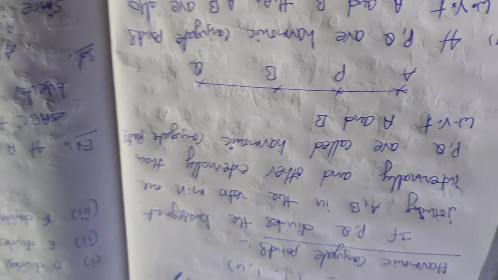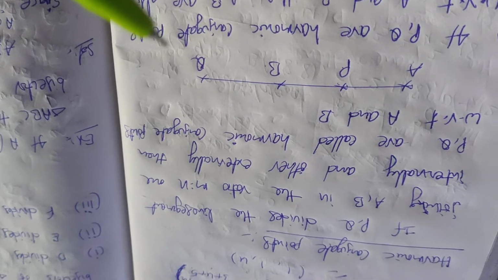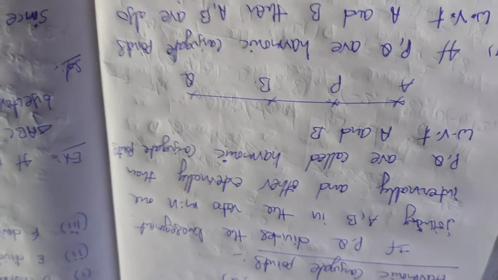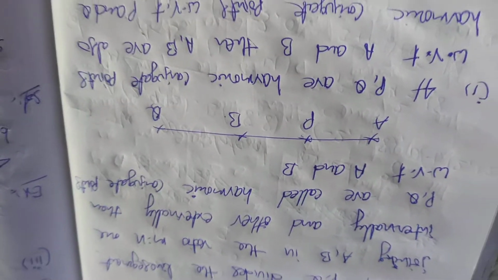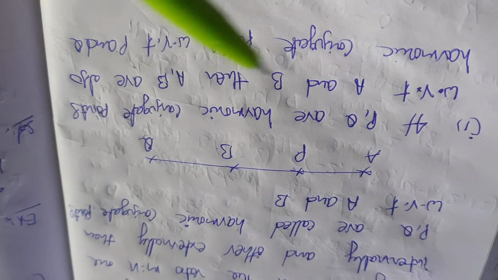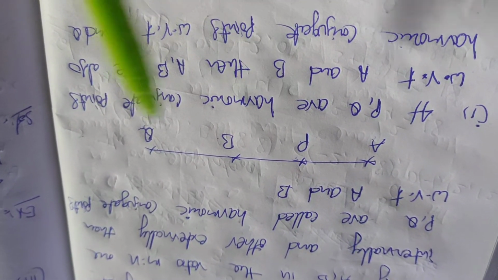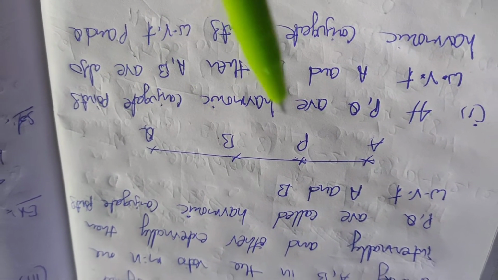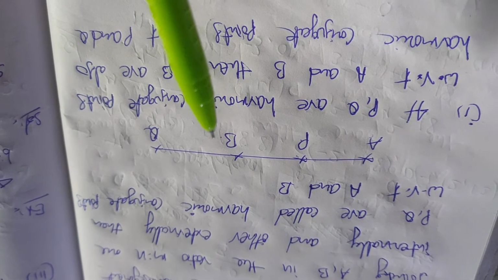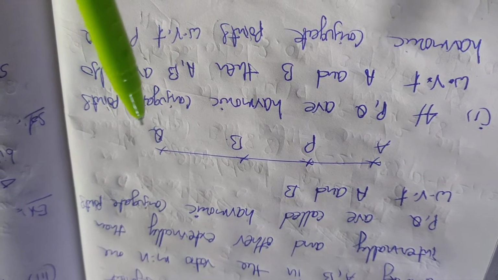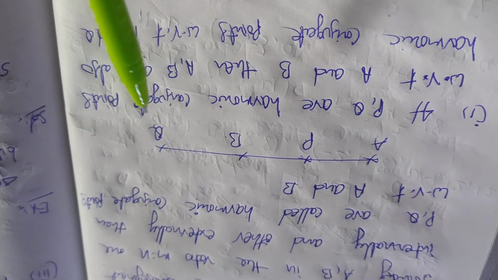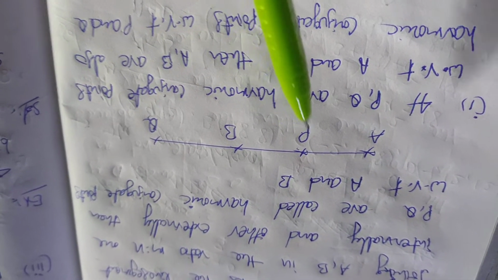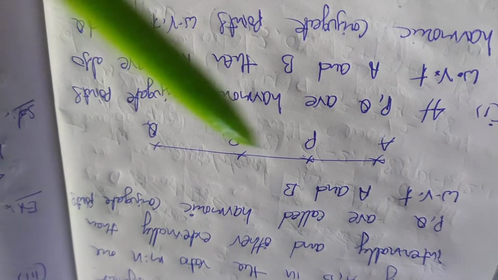I explained this in the 2D coordinate system. Just the same concept, nothing is different. Okay, so just to revise this concept: if P, Q are harmonic conjugates with respect to A and B, then A and B are also harmonic conjugates with respect to P and Q, vice versa.